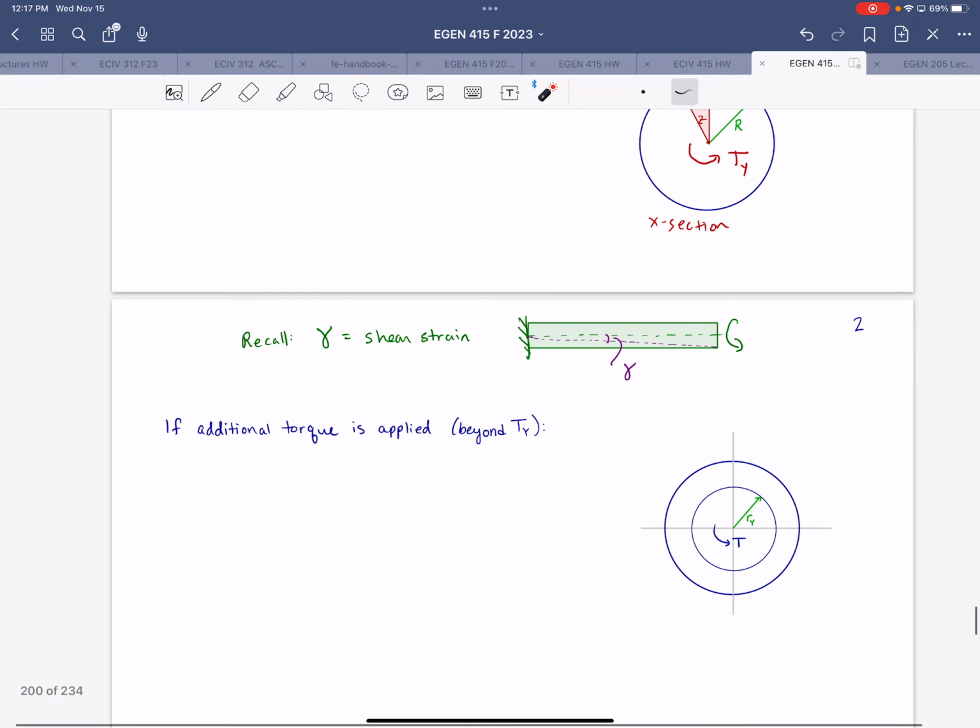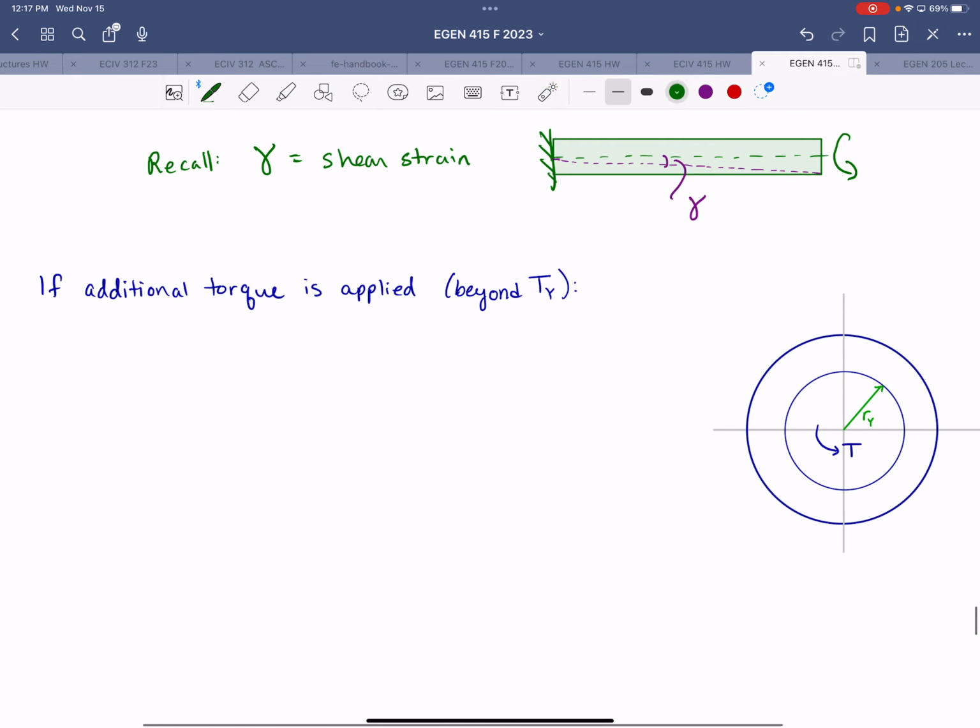We're going to define what I call the yield front radius, this RY showing up in the sketch here. So the yielding of the material advances to a radius RY,